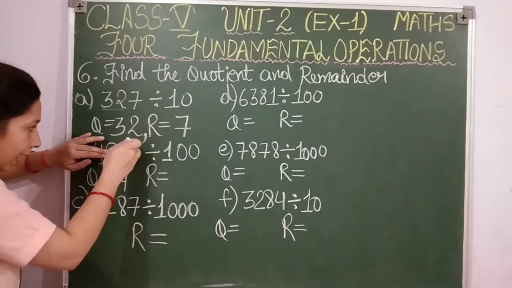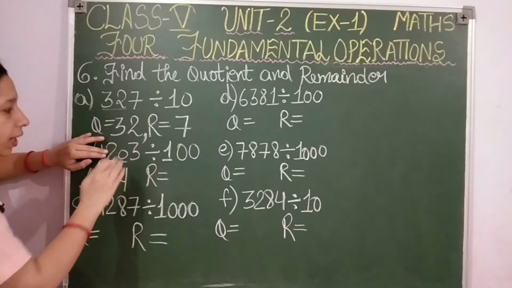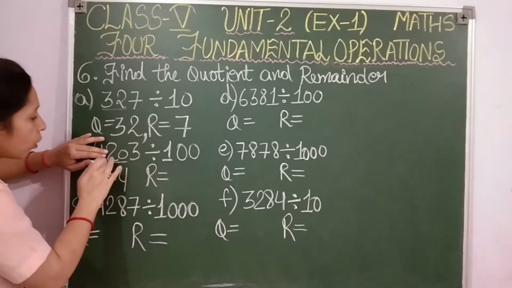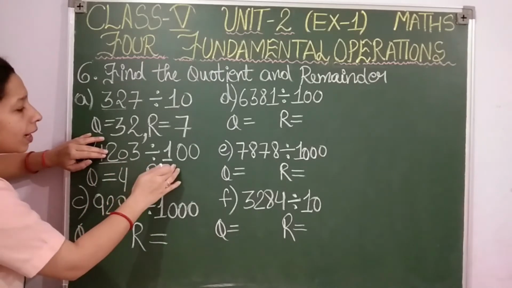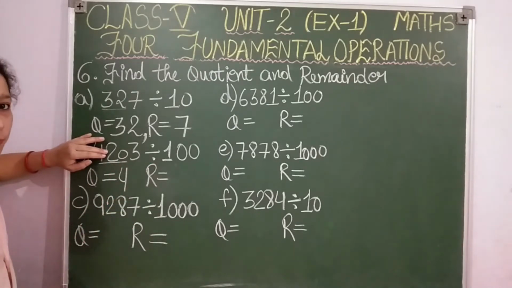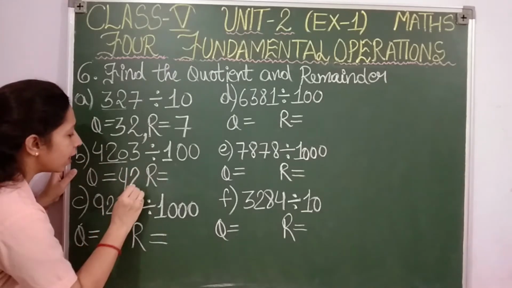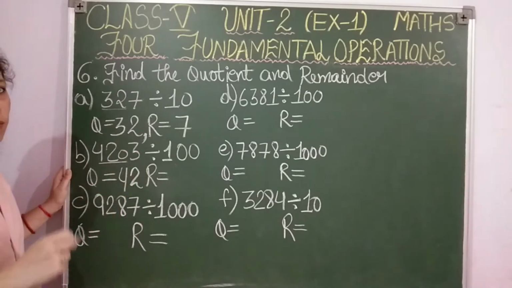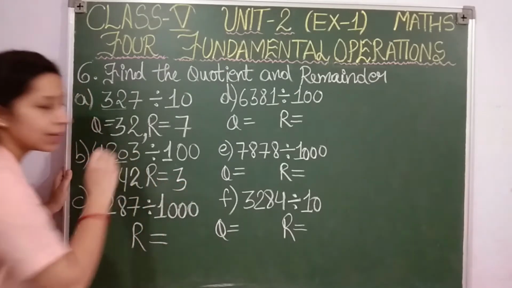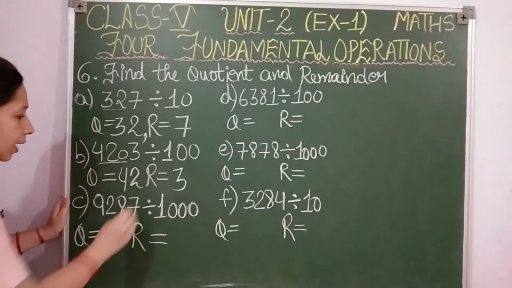Then again with 20, it is 3. 203. Now from 203, how many times can you take out 100, students? You can take out 2 times. 2 times 100. How? 100 twos are 200. Now 203 minus 200. How much is left? Remainder will be 3. Okay. In the same manner,